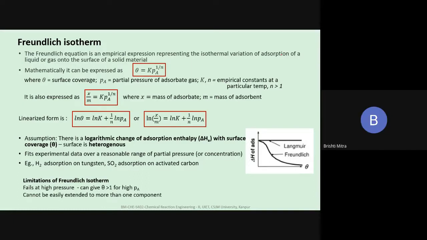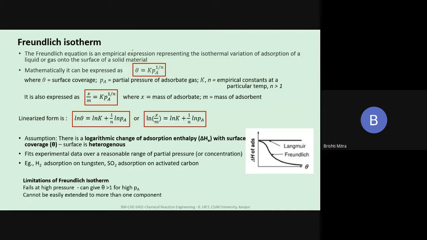Not all of them, no one particular equation matches exactly the other one. Part of it might behave like something, part of it might behave like another one. So that's what I'm talking to you about, the other different types of isotherms. So the next isotherm that we talk about is called the Freundlich isotherm. You had learned about the Freundlich isotherm if you have done my environmental pollution course, or you must have learned about it also in your mass transfer classes. So let us see what is this Freundlich isotherm.